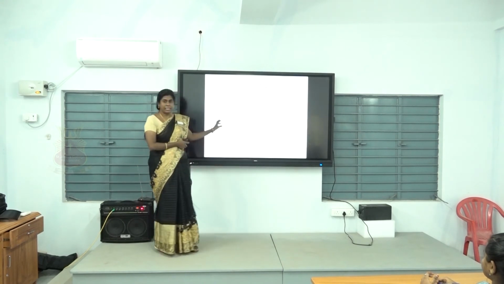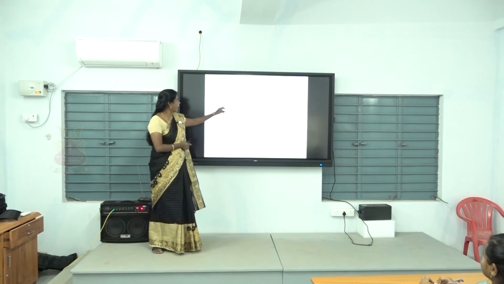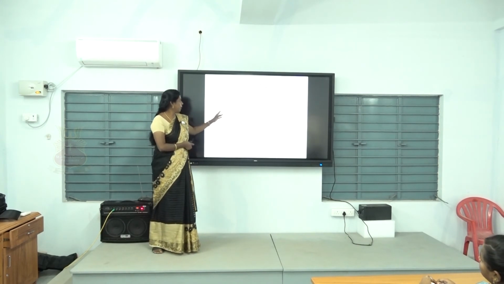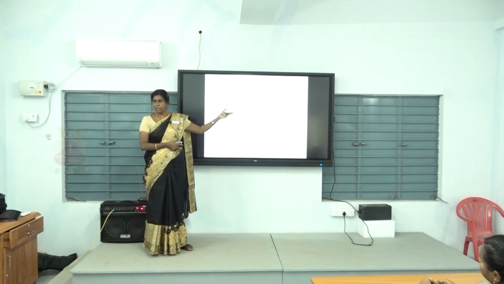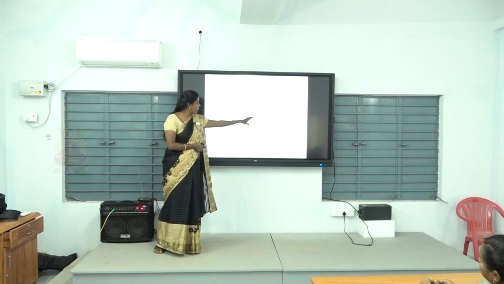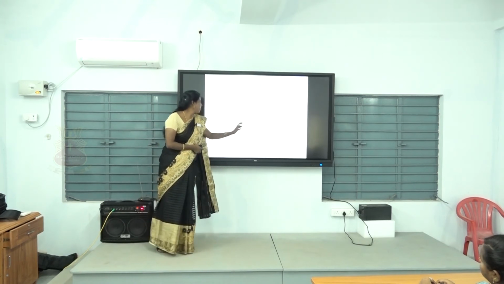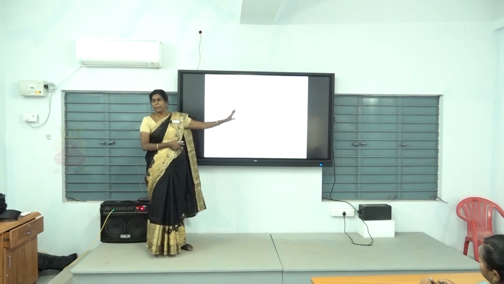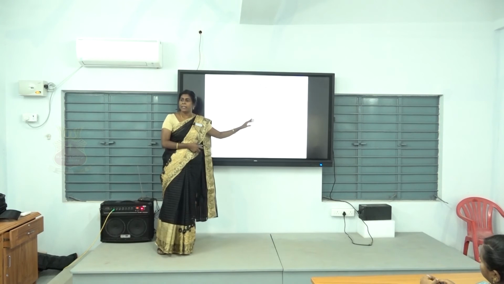Now let us see one simple problem. From the following details, find break-even point in units and break-even point in value. We are going to calculate break-even point both in units and in value. Fixed expenses rupees 5 lakh, variable expenses rupees 10 per unit, and selling price is 20 per unit. How can we calculate break-even point in units?